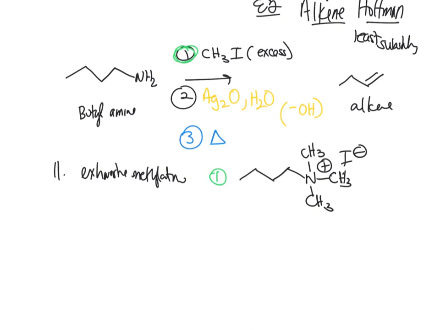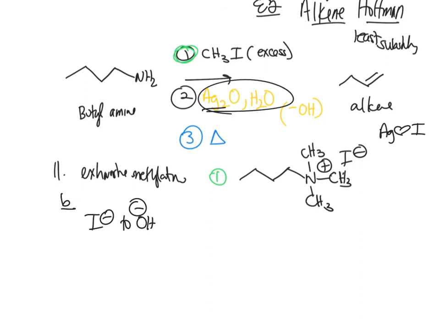Step 2, so B, involves exchanging an anion from iodide to the OH minus. Draw the product. So silver, you can write this, silver loves iodide. And so if you throw in some silver oxide, then the silver iodide is going to complex each other and it's going to precipitate out. Remember precipitation reactions? So what happens now is this reagent will replace the iodide with just an OH